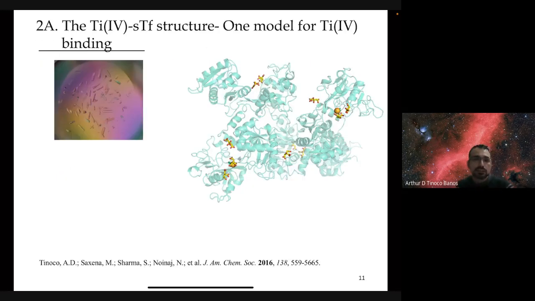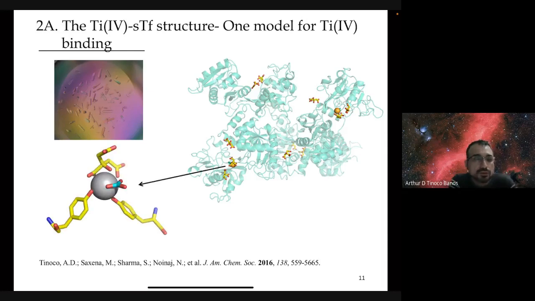Recently, I would say within the last 4 or 5 years, insight into the coordination of titanium by this protein has been established. Here is the first crystal structure that was obtained for titanium bound to any protein, in this case the serum transferrin protein. What was observed was that the metal can coordinate to this metal binding site in a manner very similar to how iron coordinates, right? But there was a really important observation in this particular crystal structure, where there is an additional ligand present at the metal binding site of that titanium, and that ligand is a citrate molecule,